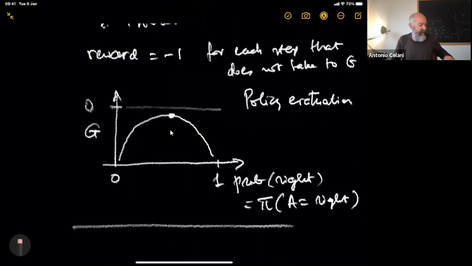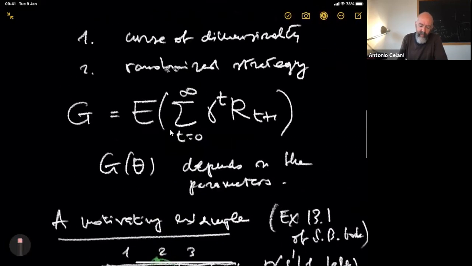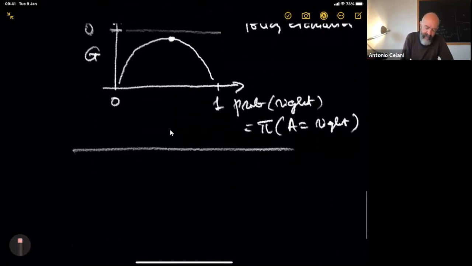Okay, so at this point, I hope I sort of convinced you that it might be a good idea to look into this approach of trying to find the optimal policy directly. So the question is how to do it. Remember, the idea is that we want to identify if we can write the gradient of this G function. So the first question,